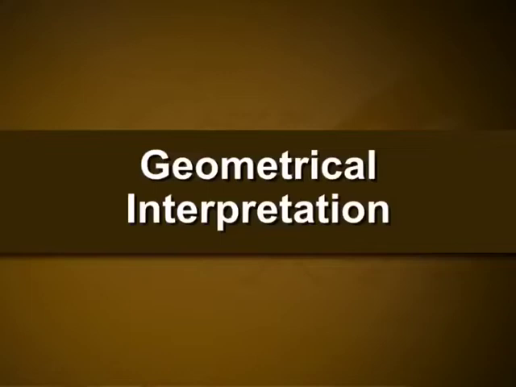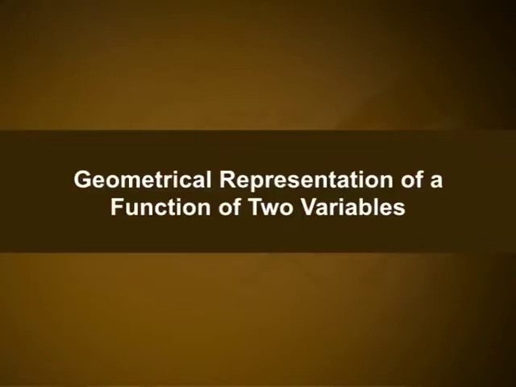Geometrical interpretation. Geometrical representation of a function of two variables. We take a pair of perpendicular lines OX and OY. Through the point O, we draw a line Z'OZ perpendicular to the XY plane and call it Z axis. Any one of the two sides of Z axis may be assigned a positive sense. Length Z will be measured parallel to this axis. The three coordinate axes taken in pairs determine three planes XY, YZ and ZX, which are taken as the coordinate planes.